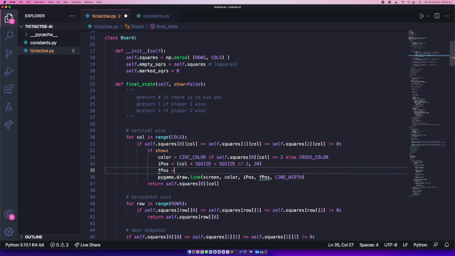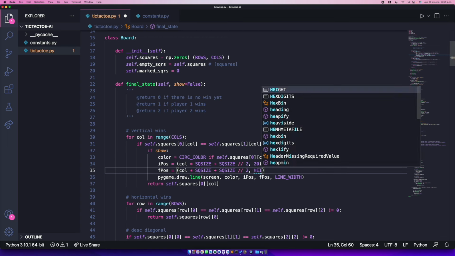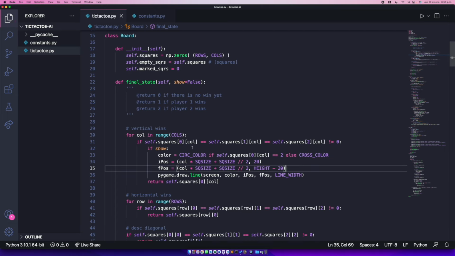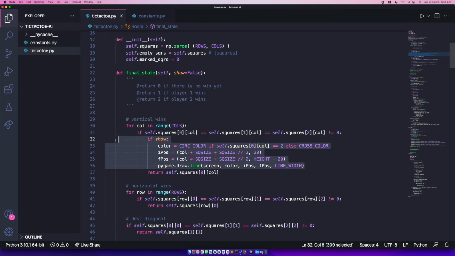And the final position is gonna be the same as the starting x, but it's gonna change for the y, so it's gonna be height minus the offset that we put here. So okay, we have our first line of code,